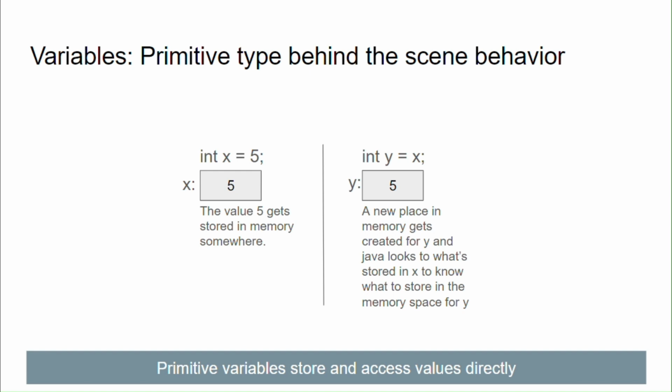It knows that 5 is in x, and then in the space that it created for y, it's going to put 5. So x and y both equal 5, but they each have their own separate spaces with the value 5. So this is what's going on behind the scenes, and like I said, it's important